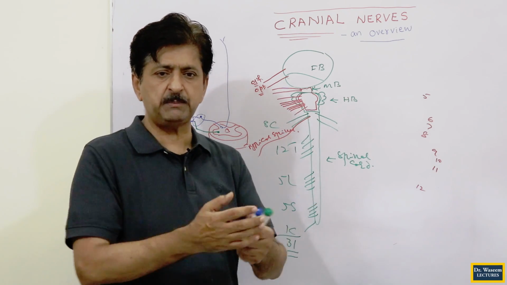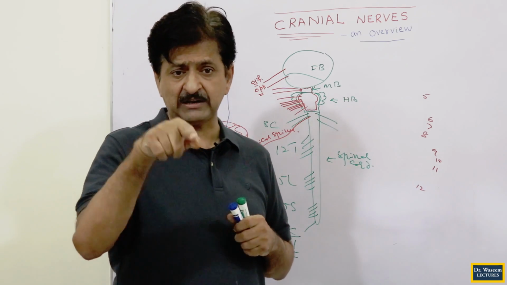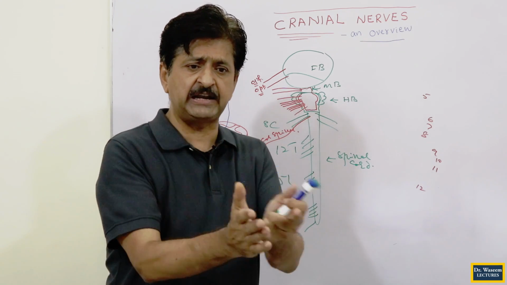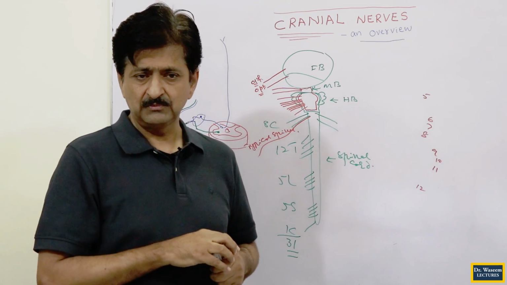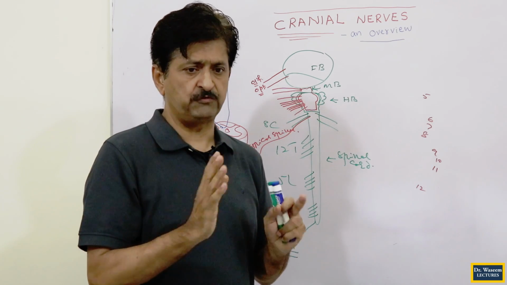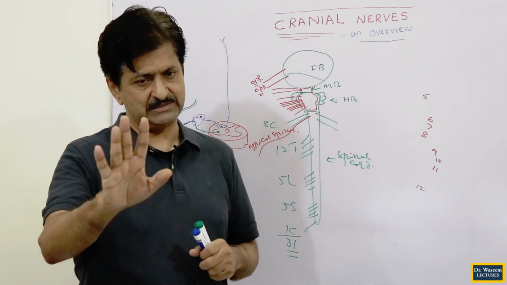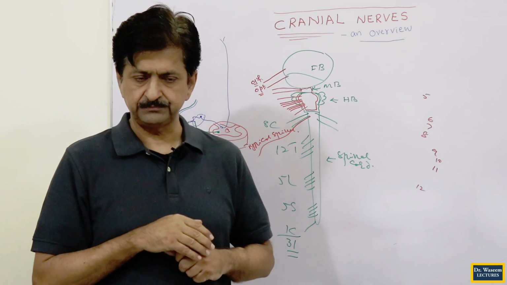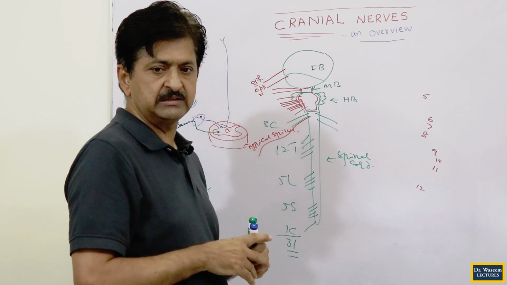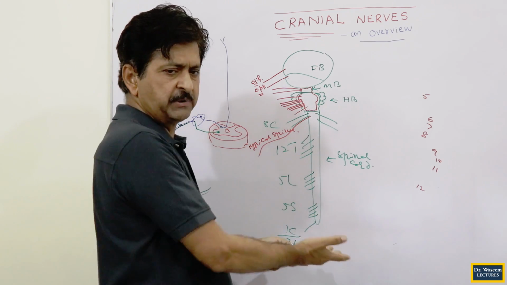So motor fibers will not be present in the optic nerve, and because it is carrying just the vision from the retina, it will not have any fibers related to the general senses also. So it is purely sensory. The formal word is purely sensory. So when you go into the typical spinal nerve, you do just one nerve for the 31 pairs, and it is done.